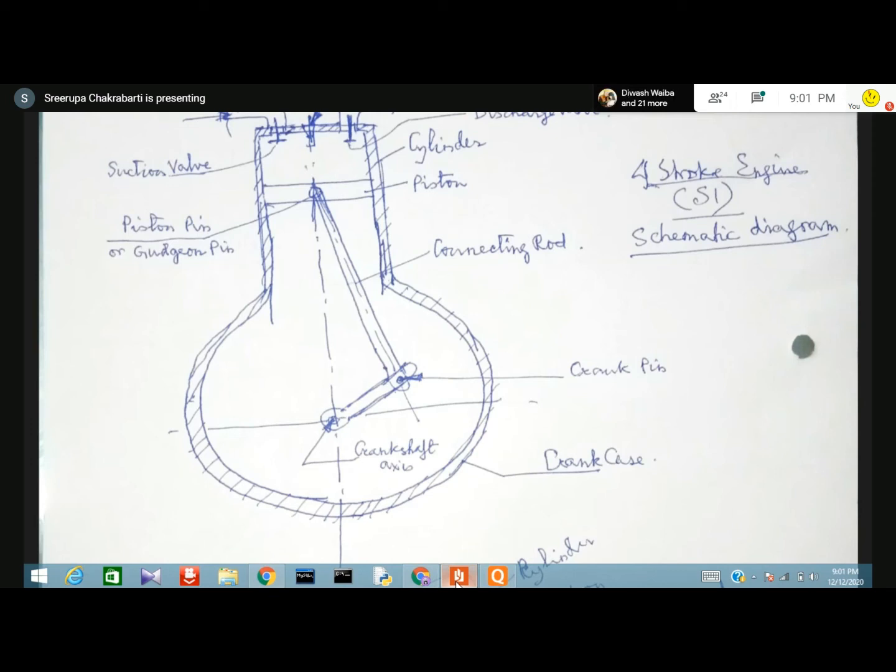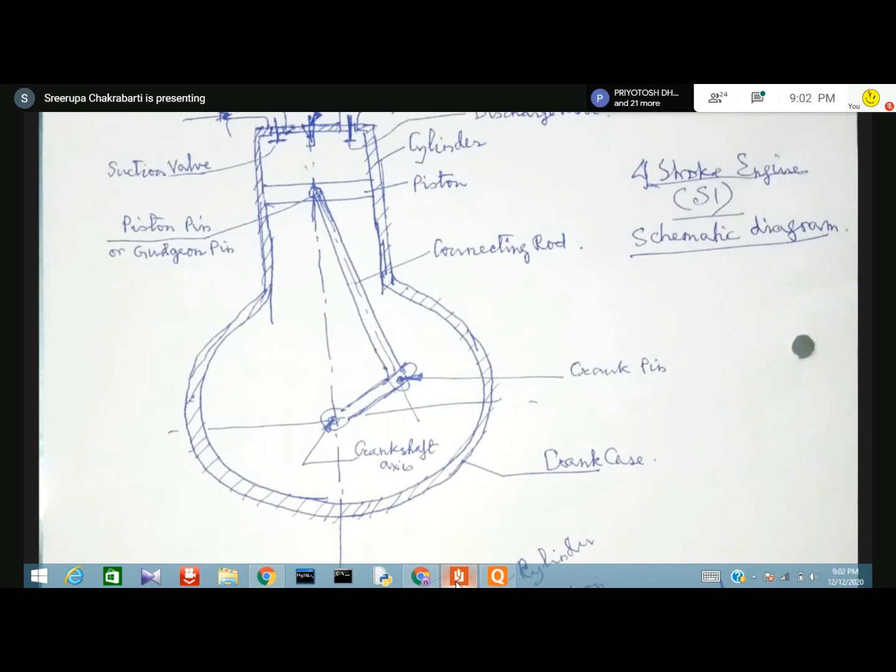One in which 2-stroke movements of the piston. Now onwards I will only use the term stroke. I will not use journey, I will not use travel. Now we are going into technical terms. So 4 strokes, 4 movements of the piston, and that corresponds to 2 revolutions of the crankshaft, 720 degrees. And the other one, 2-stroke engine, means 360-degree rotation of the crankshaft.